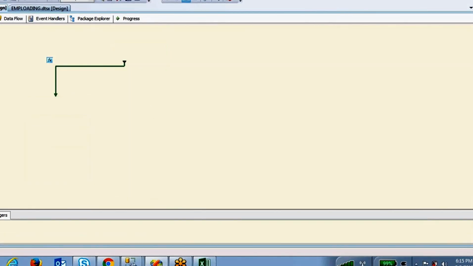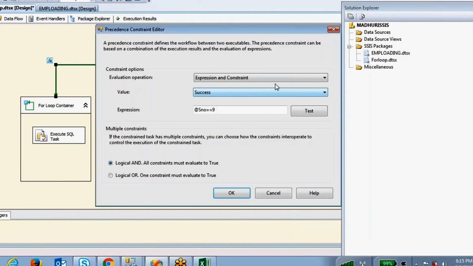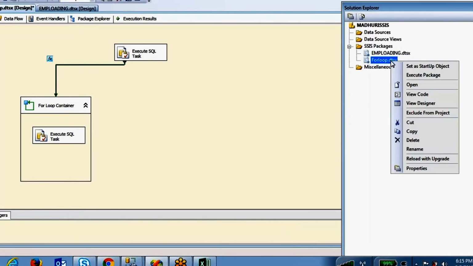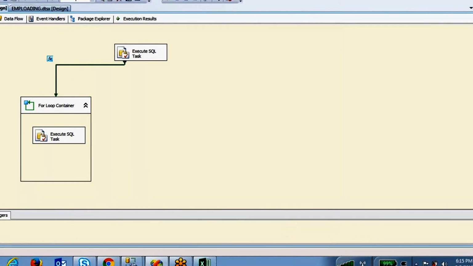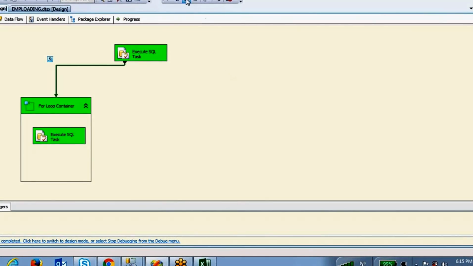So instead of this and, I'm going to write the or condition. Now it will execute. If any one condition is satisfied, either it is success or the expression is true, then it will go forward, because you are mentioning or.